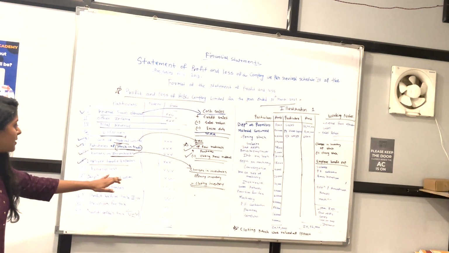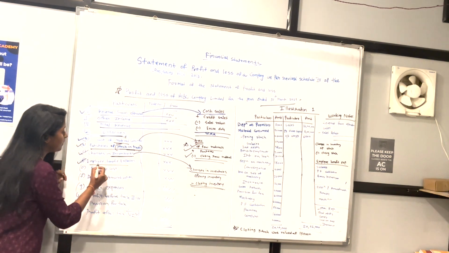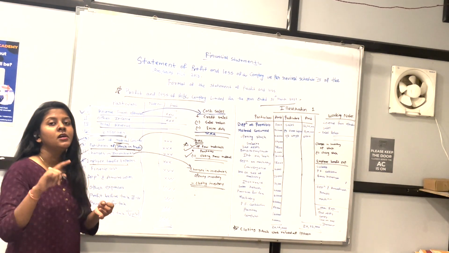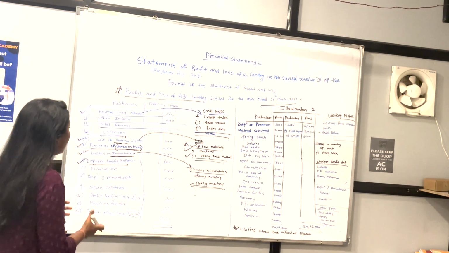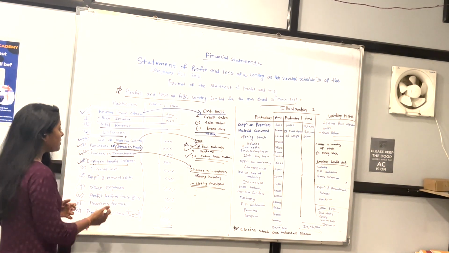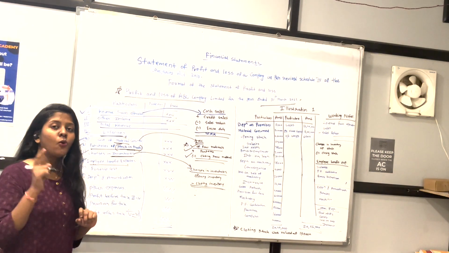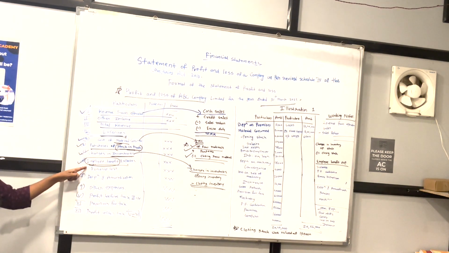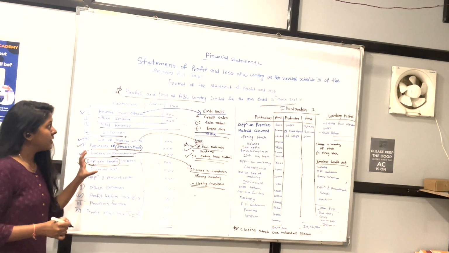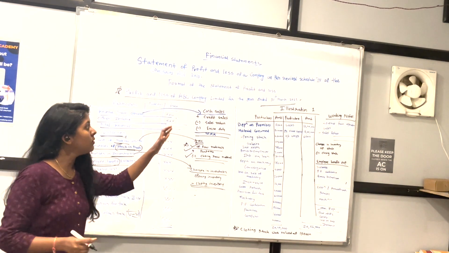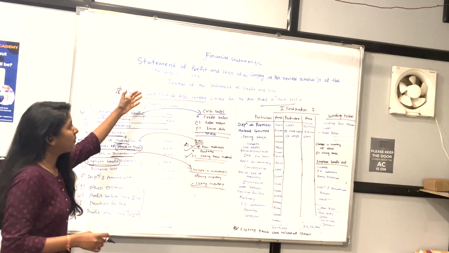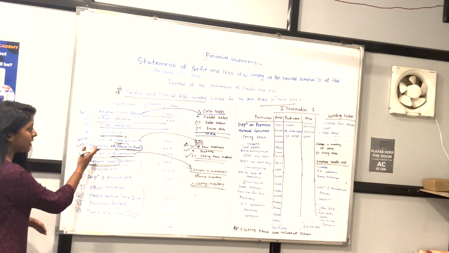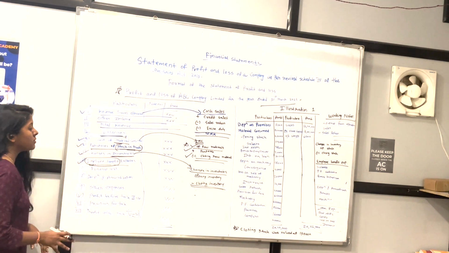Then next, D part is employee benefit expenses. These expenses are only for the employees, like provident fund, gratuity fund, or salaries, wages, whatever, or bonus paid to employees. Those are the expenses which are only meant for the employee. That will go under this head, employee benefit expenses. As per Schedule 3 of the Companies Act 2013, we have to put everything in the proper head. That's why these heads are very important while preparing the profit and loss statement.